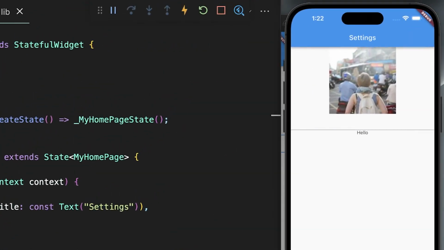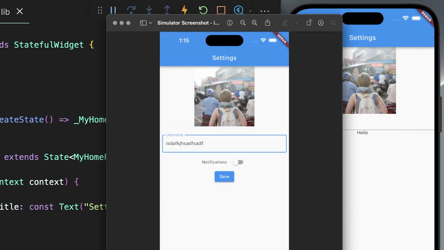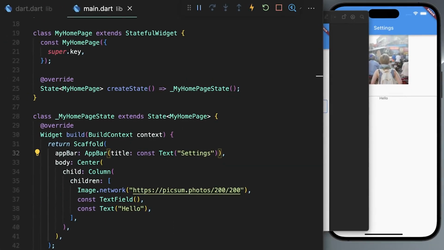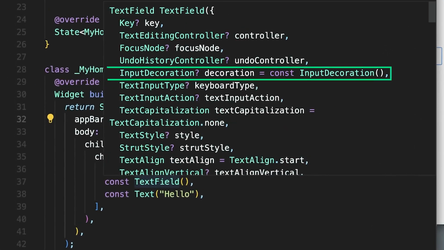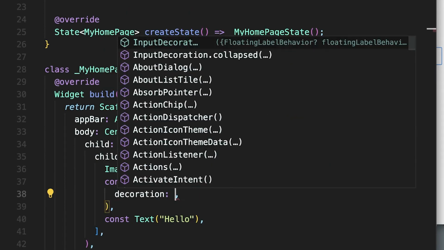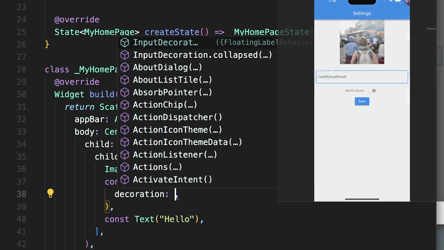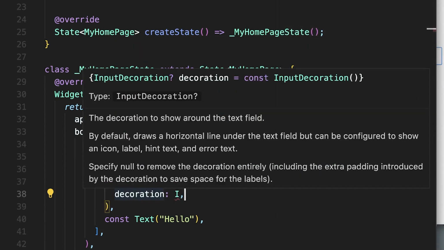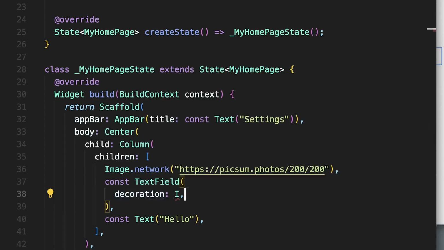Text field, we save it. Now what we see is just a little underline like this. That's not what we saw in the application that we have to build. So let's hover over text field and see what type of properties it has. It has a decoration property. That sounds like it could be right because this needs to be decorated to look more like this. So our decoration takes an input decoration,